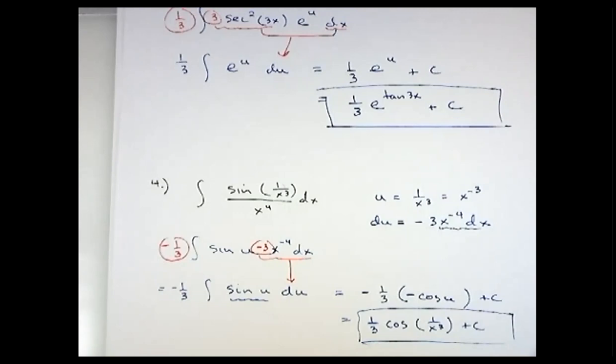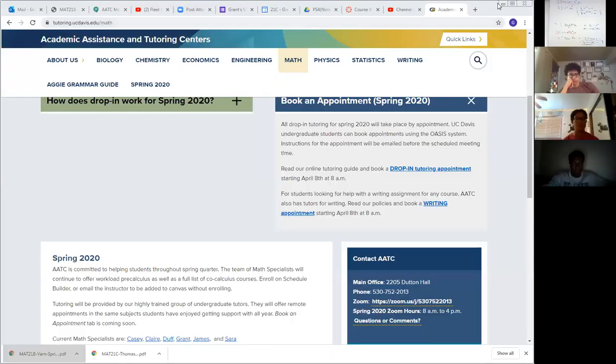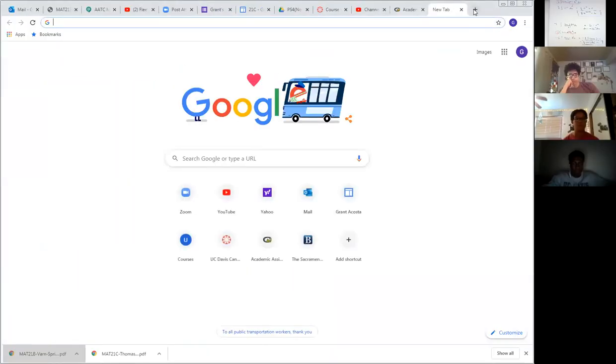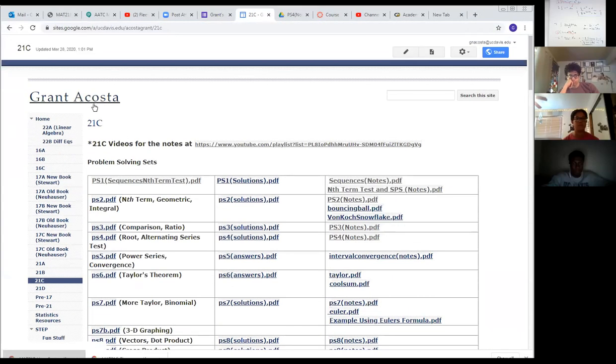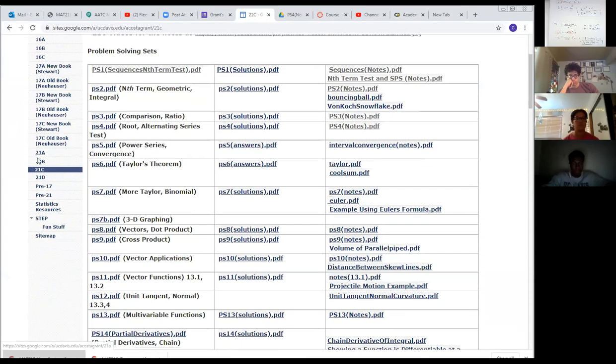I got to share my screen here first. So on my, whoops, I had it here somewhere. Where'd it go? Oh, well, it's on 21C here. I think I have my link to my website on the Canvas page, but if you go to 21B,